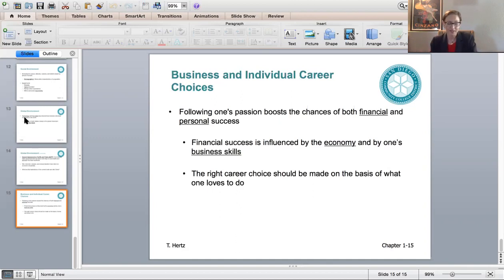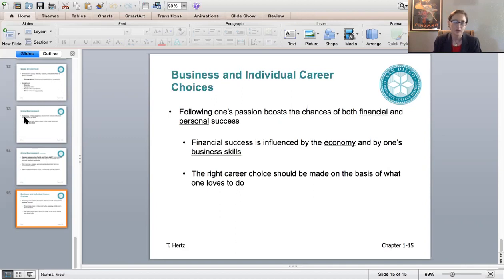And one thing I do want to say about business, you don't have to necessarily work for another person to be successful at business. There are so many options in terms of entrepreneurship. Like I said, that was my passion. I love starting companies. I've been pretty successful doing that in life. And if that's something that you're interested in, take one of my entrepreneurship classes. I've helped a lot of students, and a lot of students have gone on from those classes to start really successful companies and make millions and millions of dollars in a very short amount of time. So if that's something you're interested in, take those classes as well.